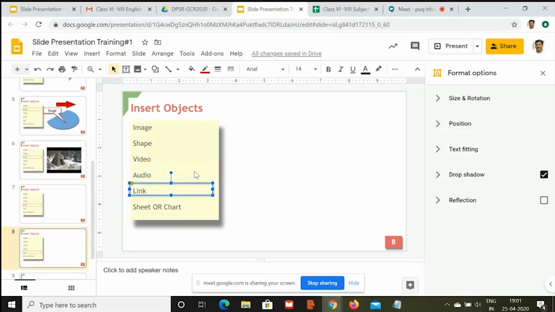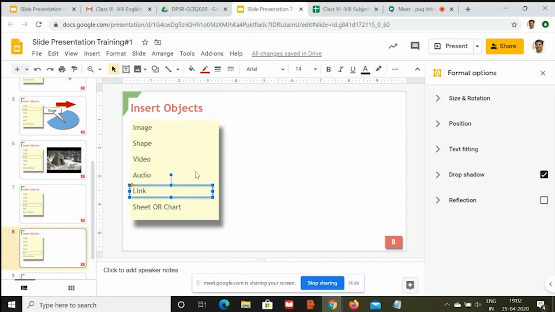Link. If you have any link of your website and you want to jump from your presentation to that particular website, I will suggest not to give a link of a website. Rather, try to find out the most appropriate place of the website which you want to showcase.